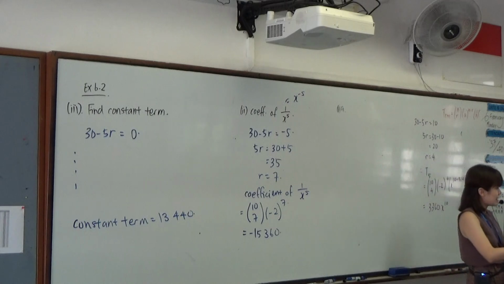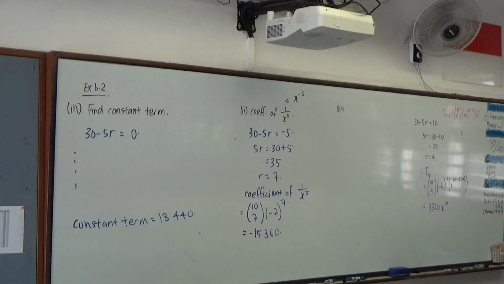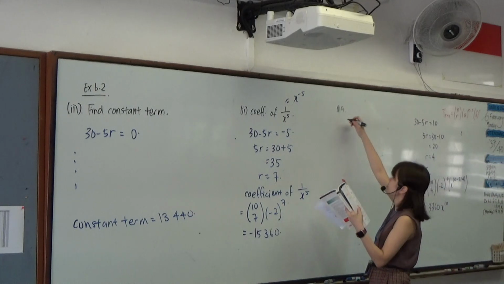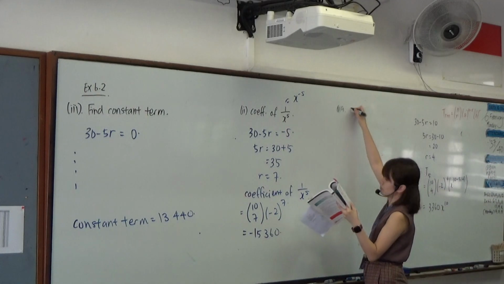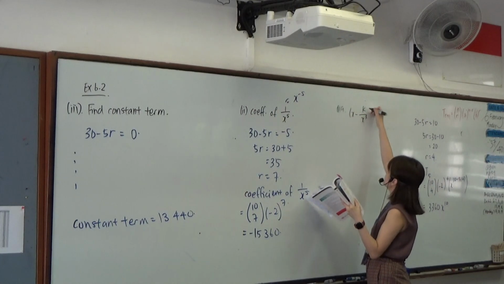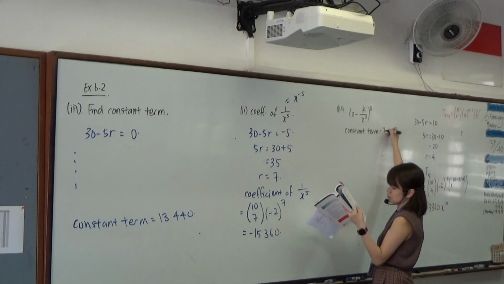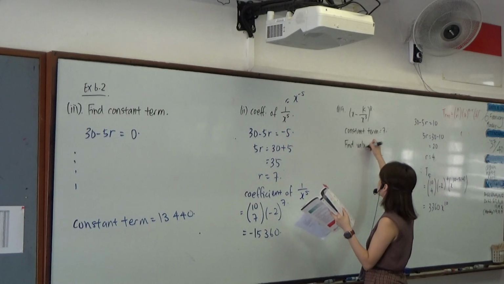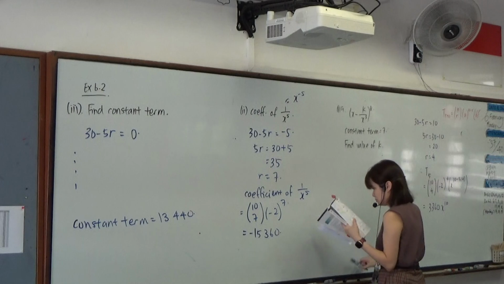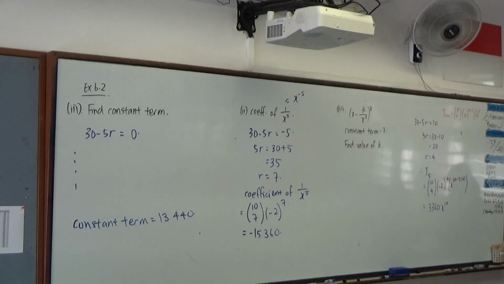Okay, question 19, could I just clarify, is part I an issue? Question 19, part I is an issue? Okay, okay. So this one, they told you that the constant term is 7 already. By similar idea, we have to find the general term to make things simpler. Otherwise, you will expand until no tomorrow. Okay? So,